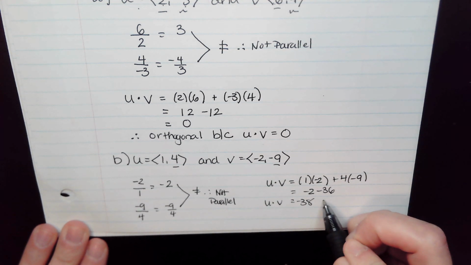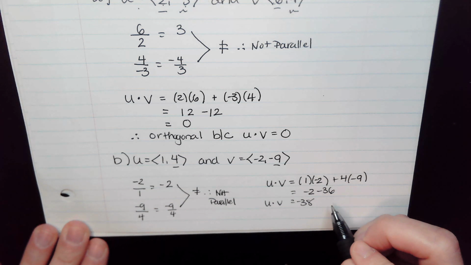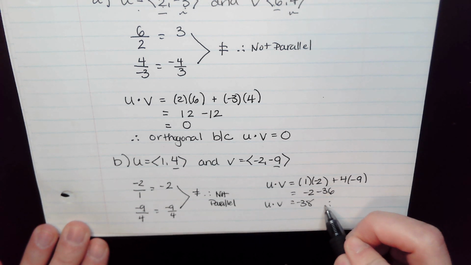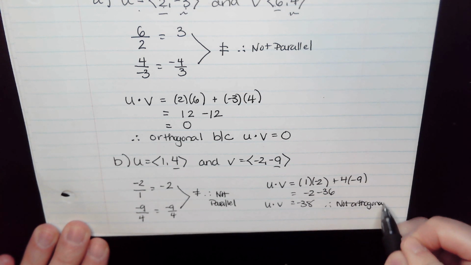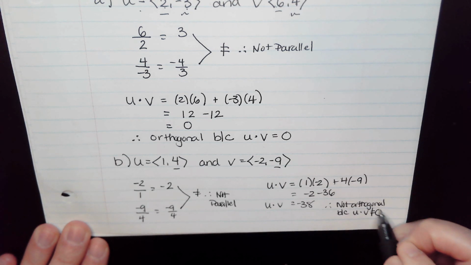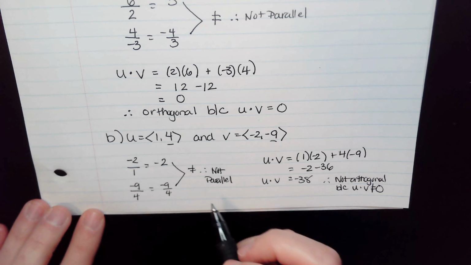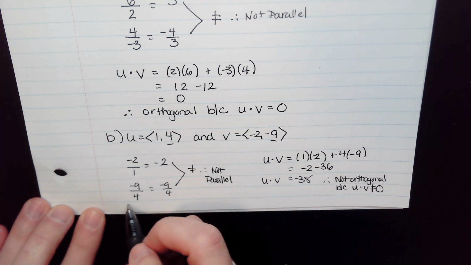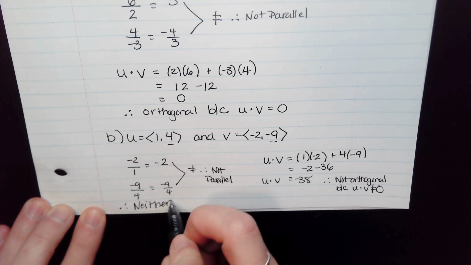So here I would say these are not orthogonal because u dot v does not equal 0. So since they're not parallel and they're not orthogonal, we would say these are, therefore, doing a lot of therefores today, neither,